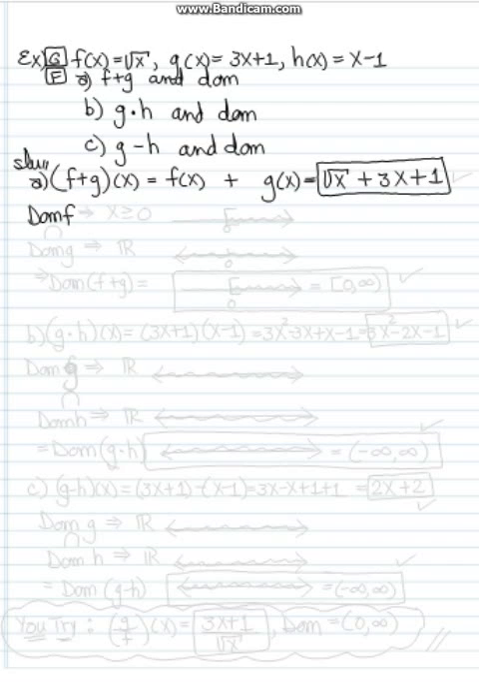The domain of the original function f would be, let's see, well, we have to have x greater than or equal to 0 because it's under an even index root. And for the domain of g, well, there's no restriction on what x can be in the g function, so it's all real numbers. We're going to take the intersection of these two, and it gives us the domain of